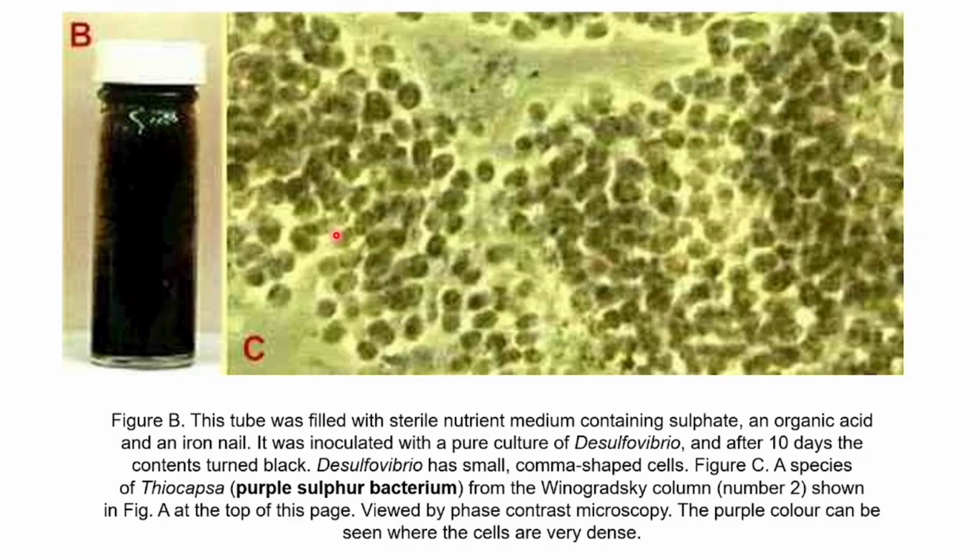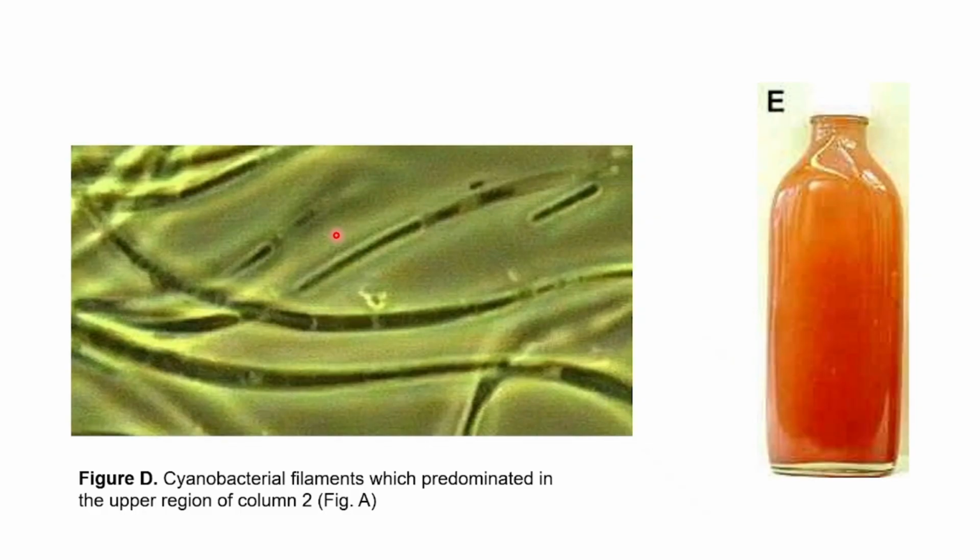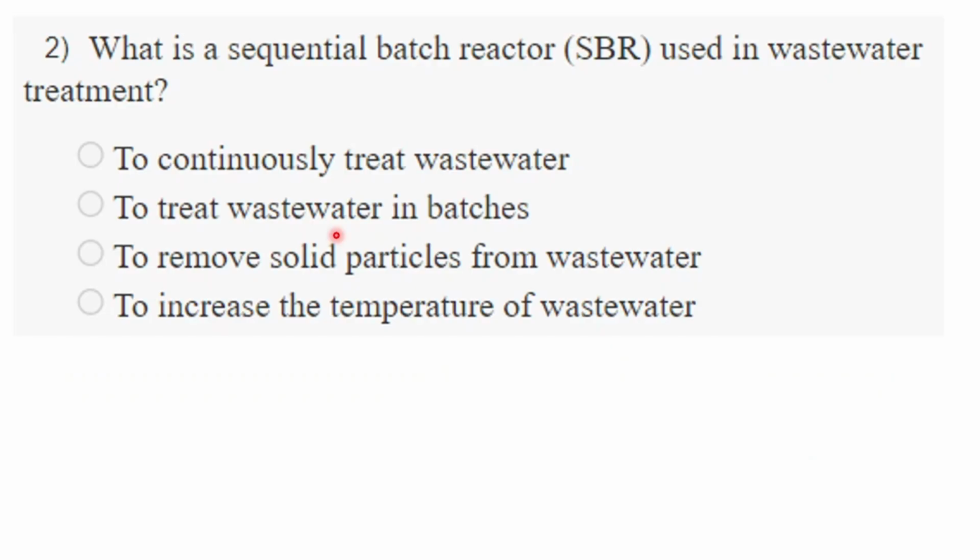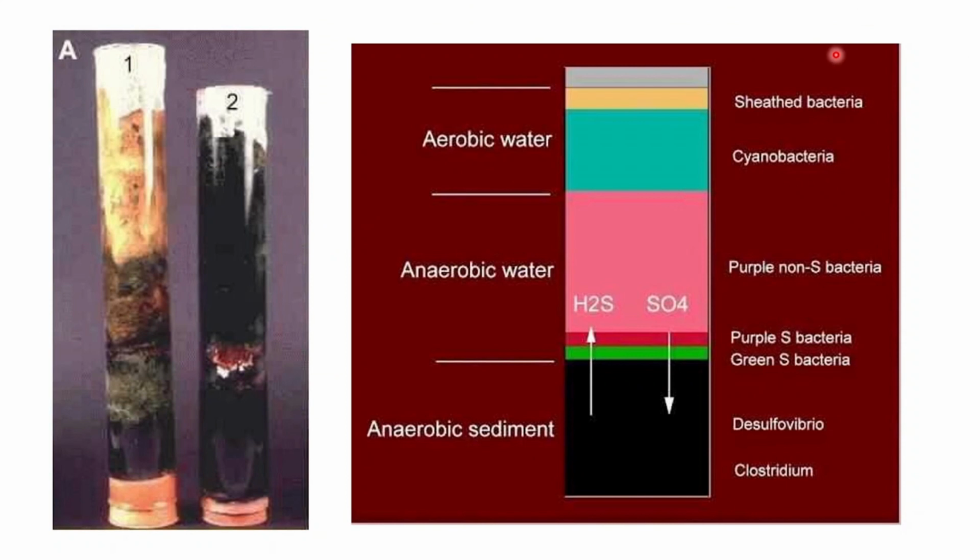So these are narrow sheaths. Okay, I have not added another image which shows the sheath bacteria from the upper yellow-orange zone of the Winogradsky column. So the total summary is that this Winogradsky column is, all in all, a very classic demonstration of